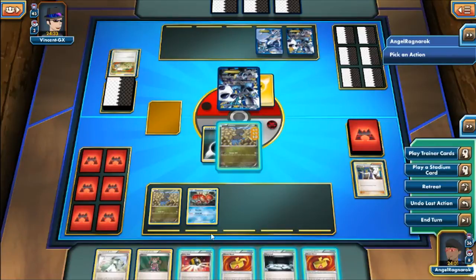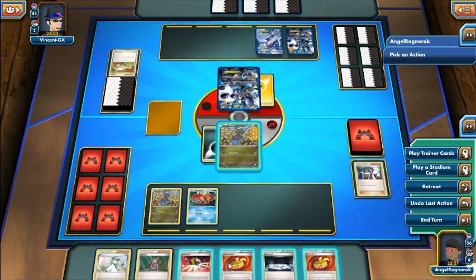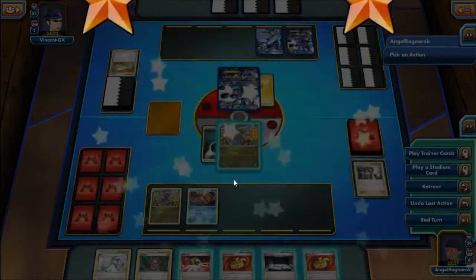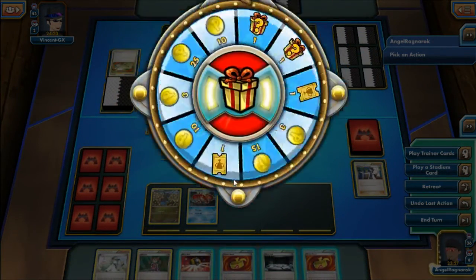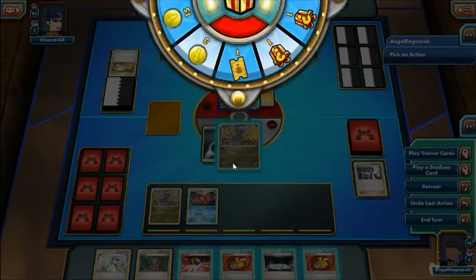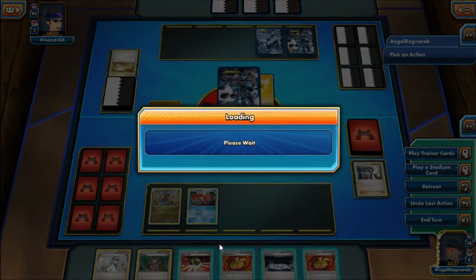Let's see. The Silent Lab might be useful actually towards the... Alright, well, we just won that. I'm not sure exactly why. I guess he just gave up. Oh man, just 3? Anyways, so there you go. That's how Sharpedo... Just